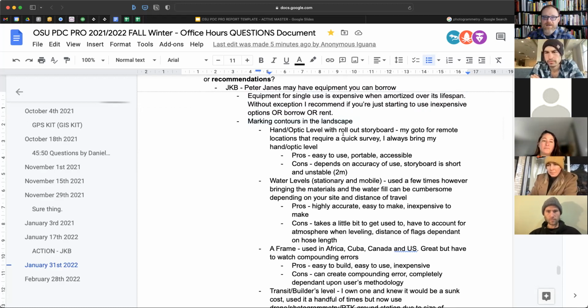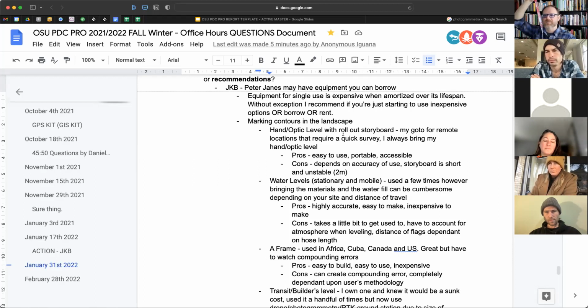So basically, however high my eye is, I know exactly that wherever my eye is, it's perfectly level. And so if we then take something called a storyboard, a storyboard is a measuring stick with marks on it that gives us the sense of how high we are in the landscape. And because I know the height of my eye, I also know that where I'm standing is level if we're